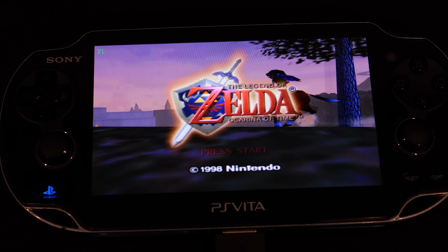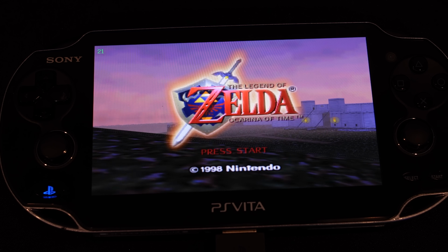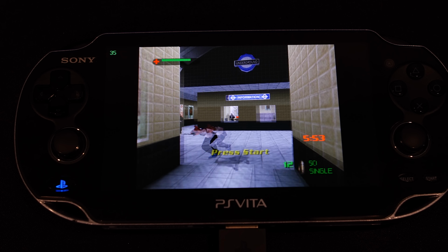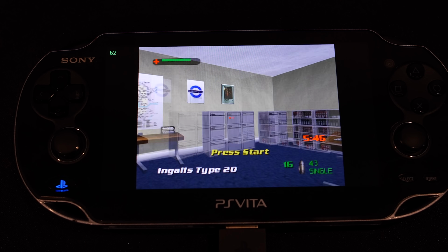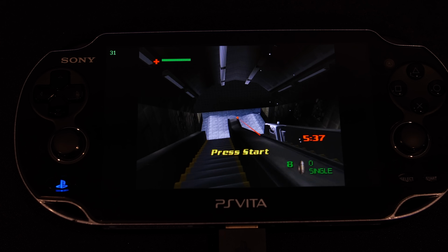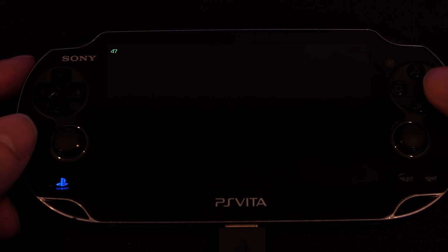And while it does run a few games okay, when I launched some of the deeper cuts, like the game The World Is Not Enough, the emulation was broken. When you look at the game, it runs too fast. There is a serious amount of graphical issues, and it's just unplayable. Now, in theory, the PlayStation Vita should be able to emulate a Nintendo 64, but it struggles, and the compatibility